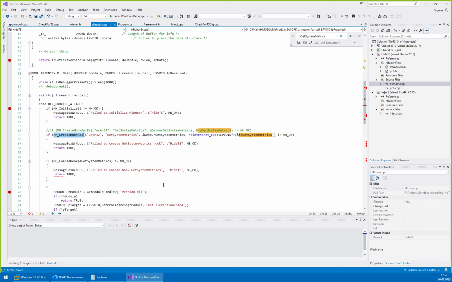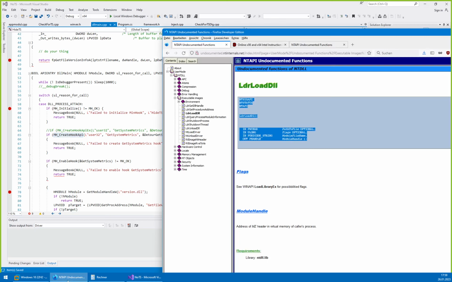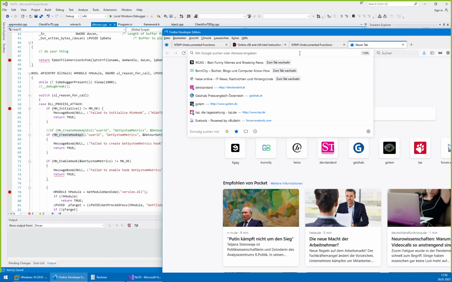One thing to be said about this MinHook library is that the way it operates is it does not analyze the prologue of the function, but rather someone just did this once for all the known Windows functions and hard-coded a list of trampoline templates. So if you would want to hook some random function from a random library, this function could fail on doing that. If you want something that will work with everything always, then you need something like